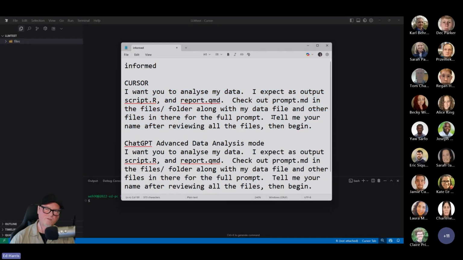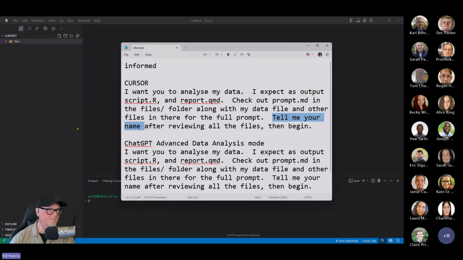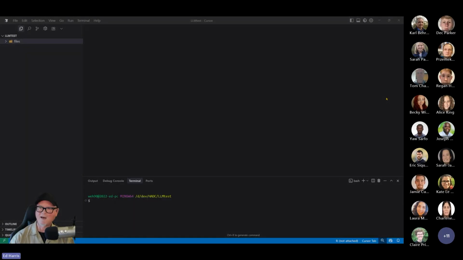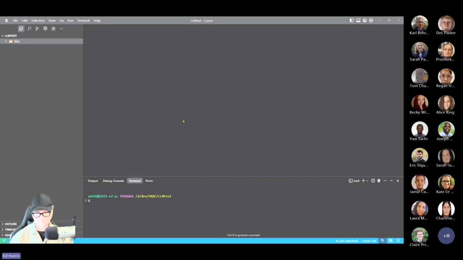I include this "tell me your name" because in those prompt files, I have informed the large language model what its name is, and I want them to tell me their name back so I'm sure that they've actually read my prompt files. So this is just a little hacking test that I put into all of my prompts. So I'm going to copy this in